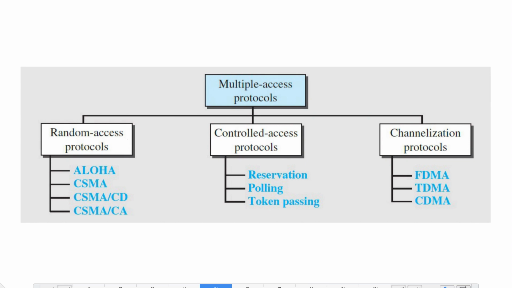Now there are different protocols to access this broadcast link. There is one called random access protocol. There is something called controlled access protocol. There are also protocols based on time or frequency division. There are different protocols, but for GATE purposes, we will only be studying CSMA/CD, which is a random access protocol. Earlier they were using Aloha, but now nobody uses Aloha, so we won't be studying it. And CSMA/CA is used for wireless communication, not for wired communication, so we won't be studying that either, right? So we will only be studying CSMA/CD for GATE purposes.